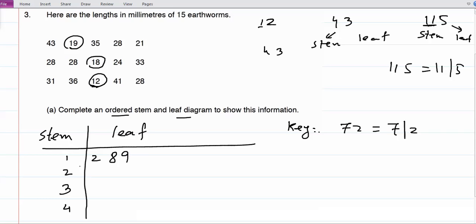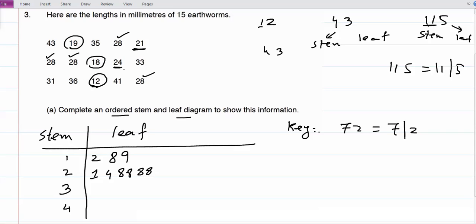We completed with 1. Now start with the 2, the smallest number starting with 2, that is 21. 2 we wrote already, 1. Then after 21 we have 24, so 4. We have 28. So it means 8 you will write.